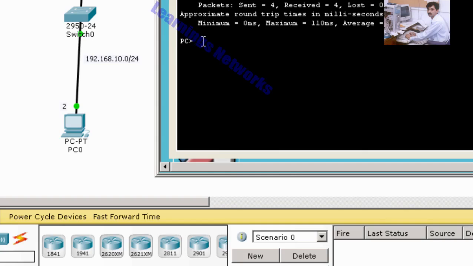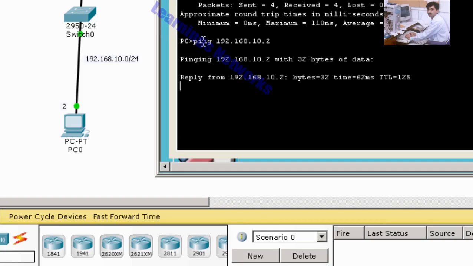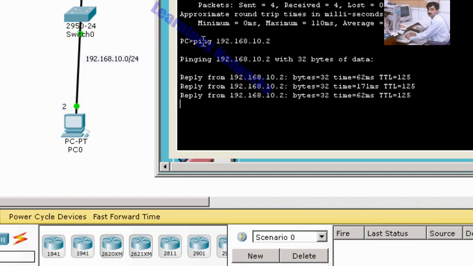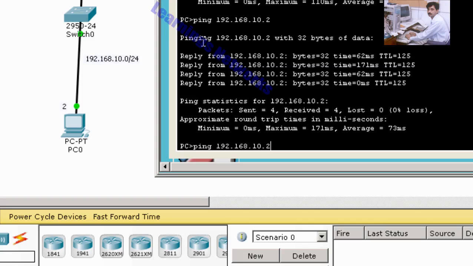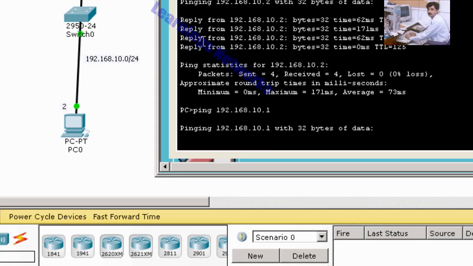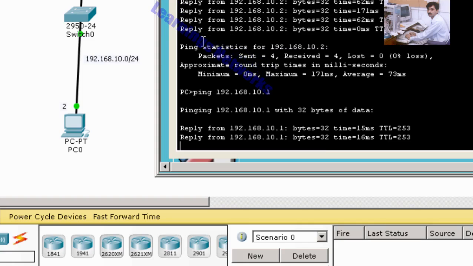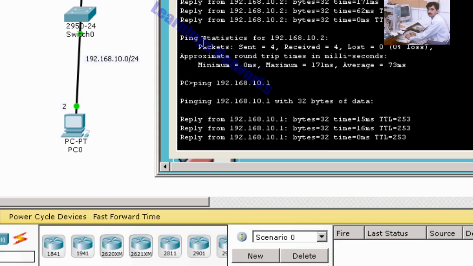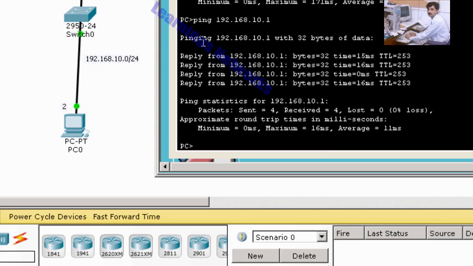Now we check our connectivity from R3, ping 192.168.10.2. It is pinging, which means 10.1 is also pinging. Same successful result, R3 completely sees the networks of R1.